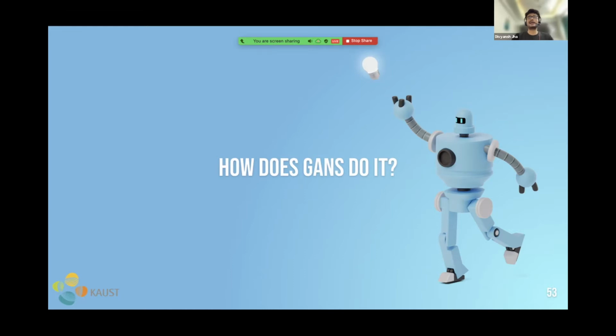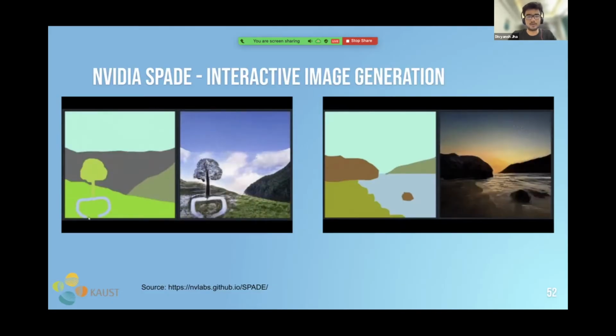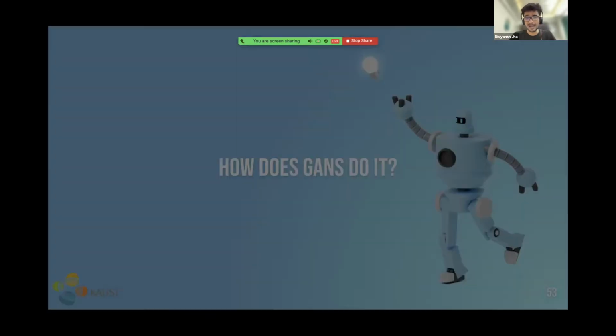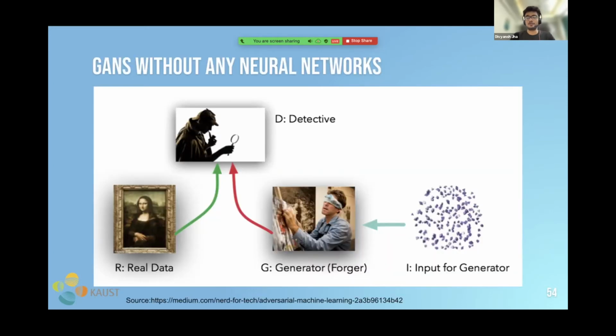So how does GAN do it? I mean, it's interesting. If we were given this, we would require some time actually to create something from our own imagination. But how do GANs just do it in a few seconds? The answer to this question lies in one of the things which I did not explain earlier, which is